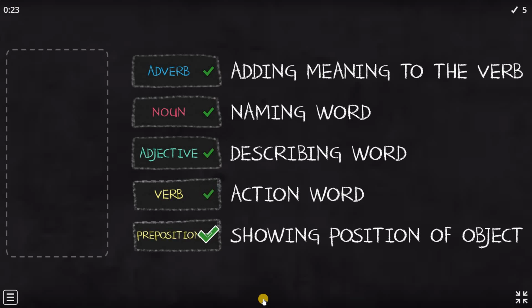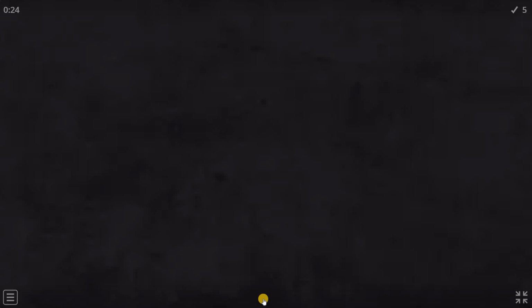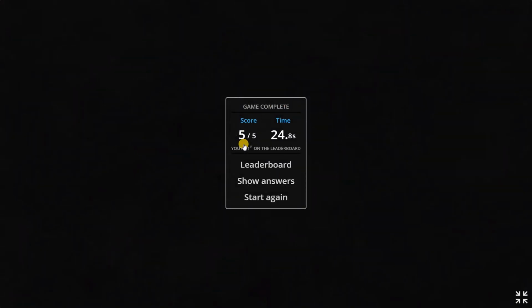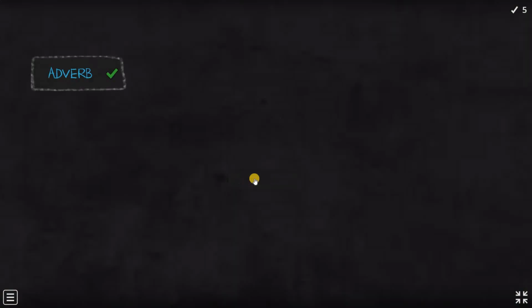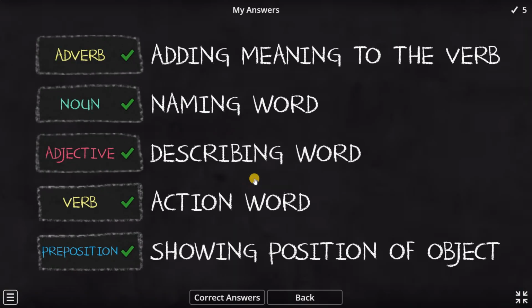They're checking the answers according to the input which we have given, and now we have the final scores over here. In case you want to see the answers, you'll have to click on the option show answers. So this is how it looks like, the correct answers. In case you have any answer as wrong, you have done any mistake, they will just cross out that, and over here you can check the correct answers.